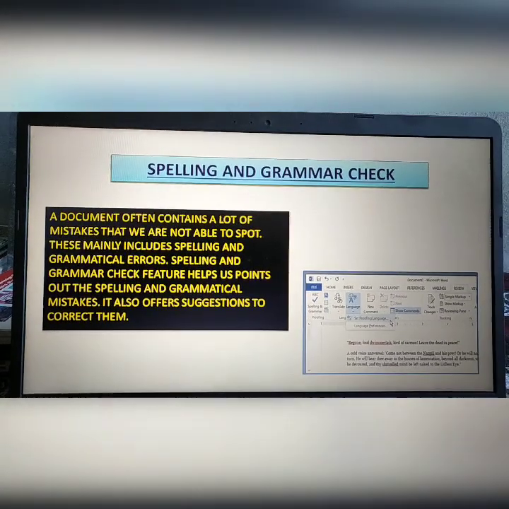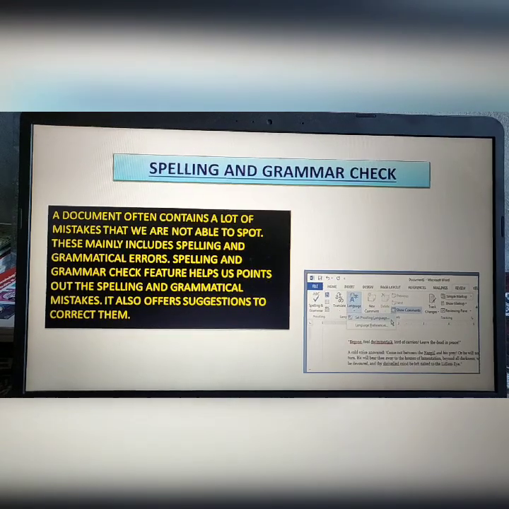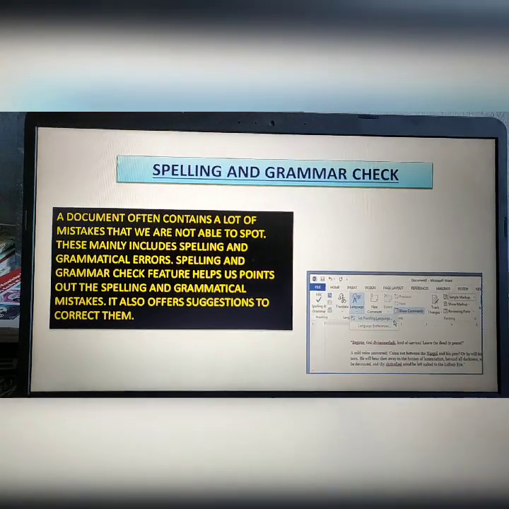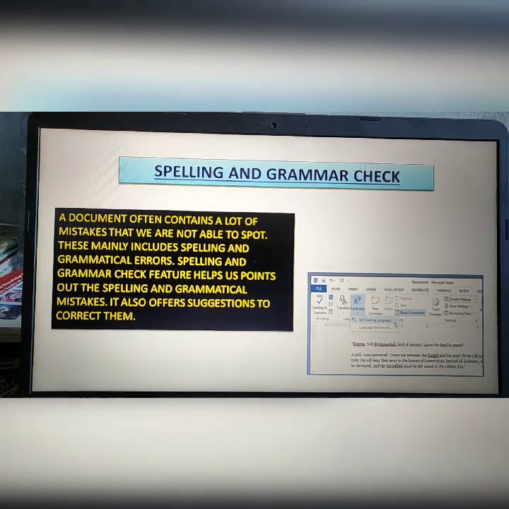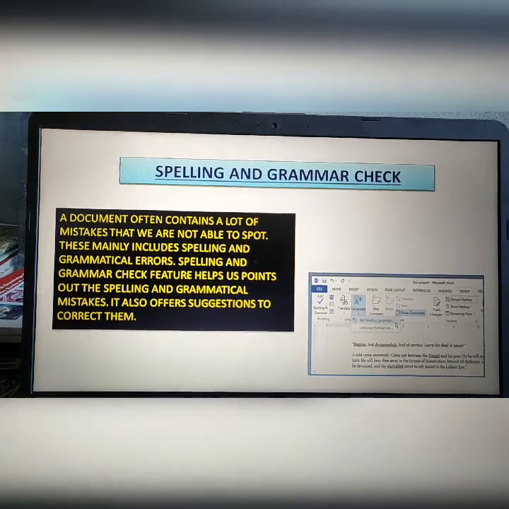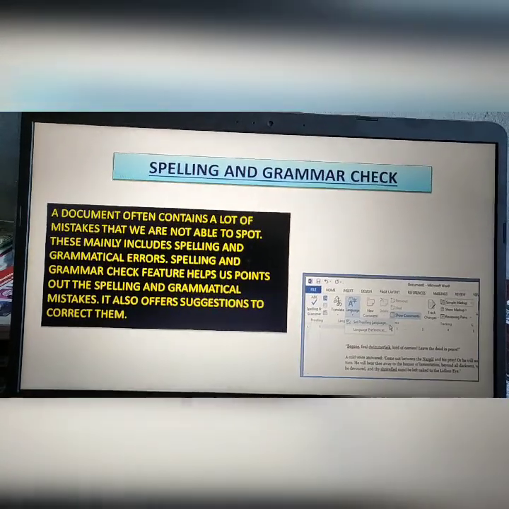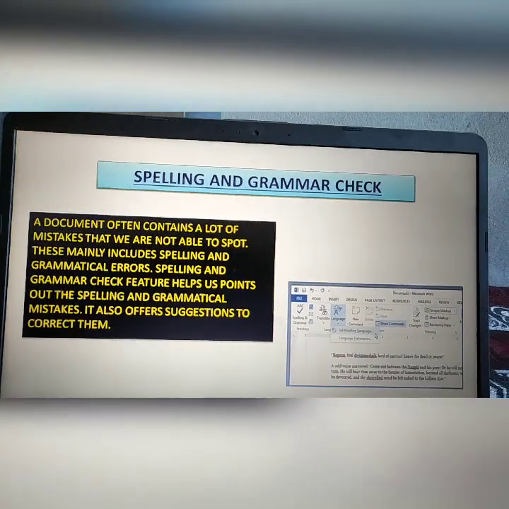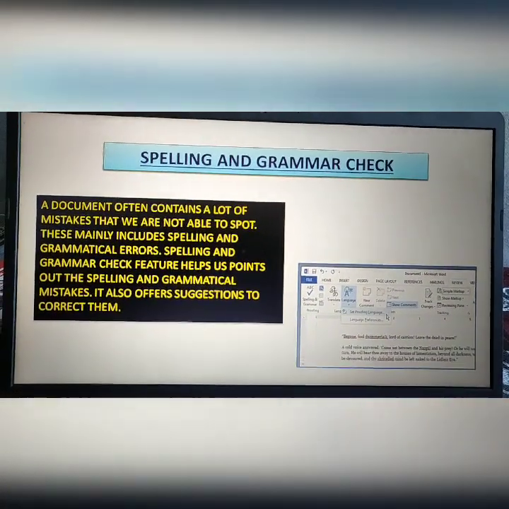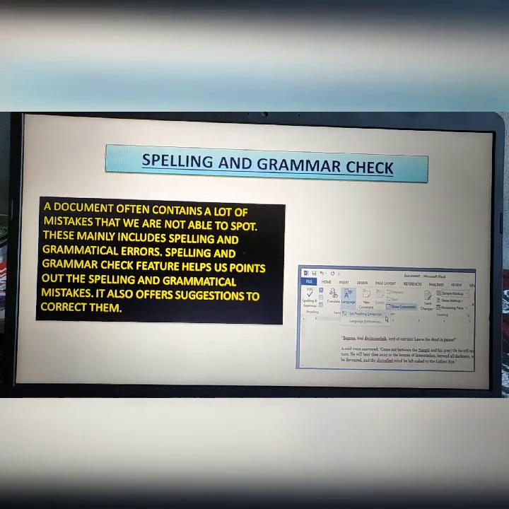So how can we check out the spelling and grammatical mistakes? Whenever you see a red wavy line below a word, that means the word has a spelling error. If a red line is there, it means the word has a spelling mistake.